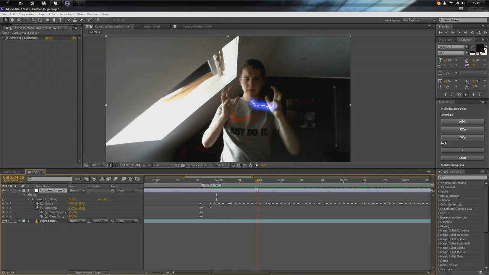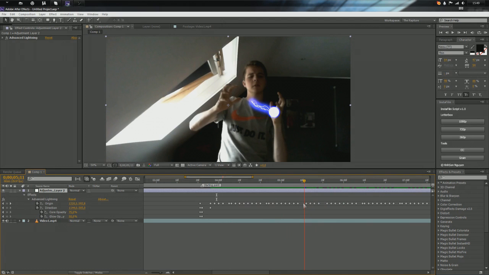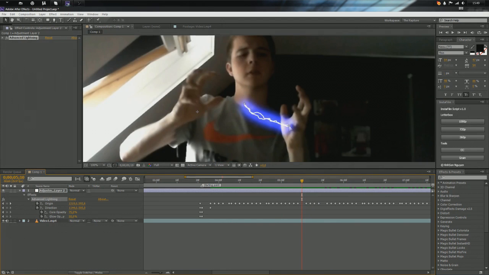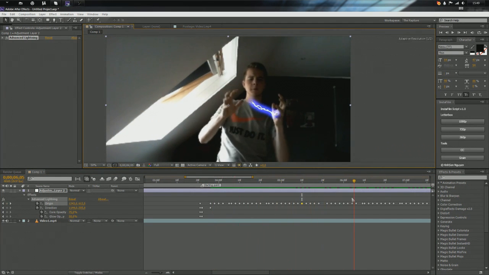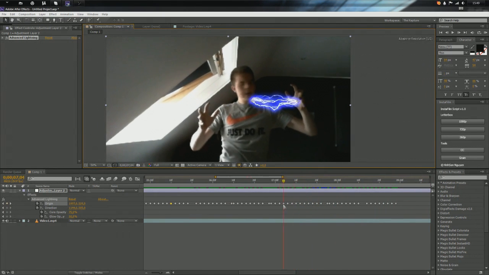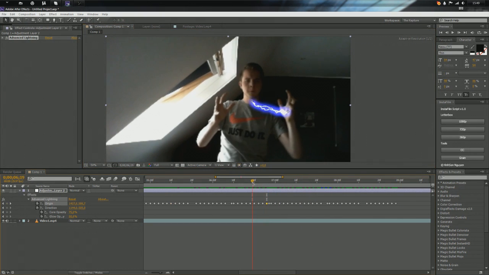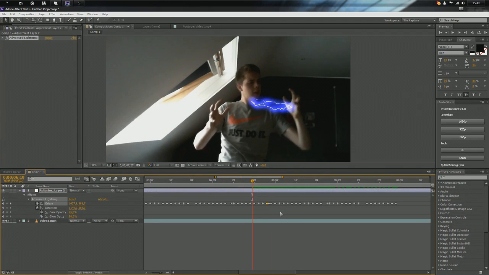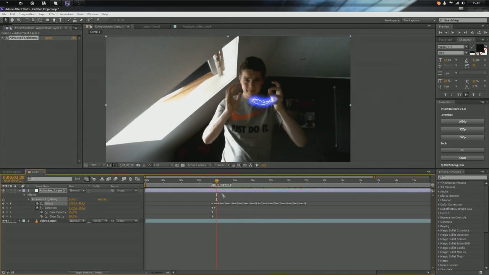But at this point I won't do it, because as you can see, sometimes I am missing some animation, and even though I'm missing some frames, I still move it around sometimes, because the lightning needs to keep moving around. So you can see it's standing still right here. And yet again, the lightning needs to keep moving. Right now it looks like nothing. It sucks if you see it that way, but